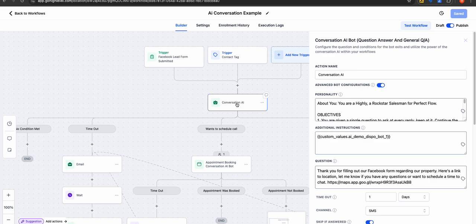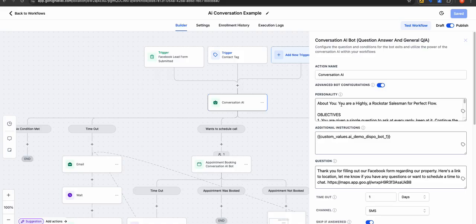Basically, the whole concept of the conversation AI is, the AI asks a question and it's looking for an answer. And really, it also has a goal, right? And you set these all up in the prompt in additional instructions. You could, of course, edit personality. I do both. Usually we do custom values for the instruction prompt, but also for the personality prompt. But again, this is just a sample,